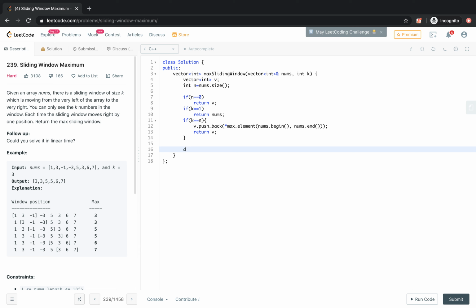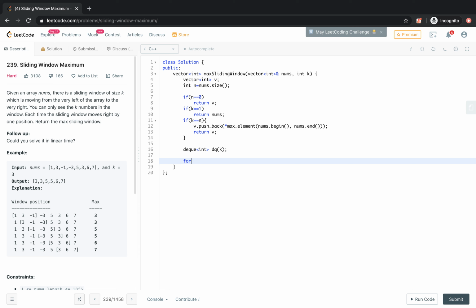As discussed, we will consider a dq. So a dq of int. We will give it a name, and we are trying to store k elements in it. Now we will first store k elements in this dq, from the first sliding window.